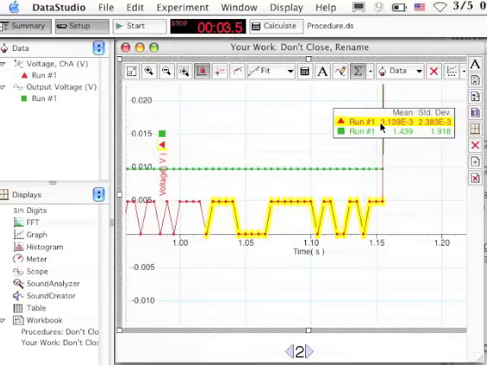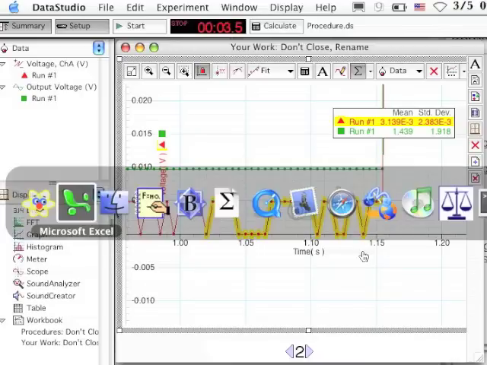So right here the mean value is 3.13 e negative 3. The standard deviation is about 2.4 e negative 3. The standard deviation tells us there's some uncertainty in this voltage measurement, which might be important for a post-lab. The mean value, we'll call that our minimum voltage before the signal begins to rise. And you can just record those